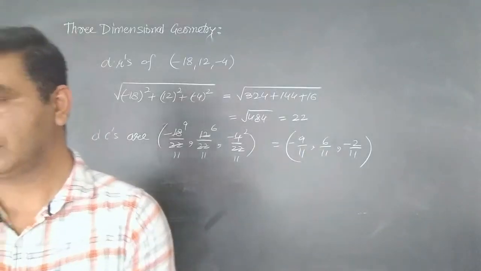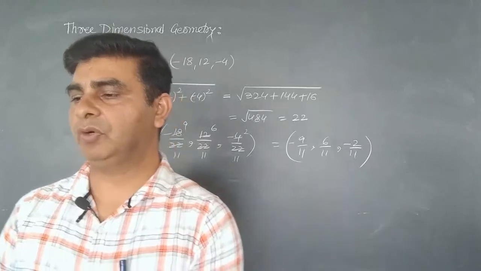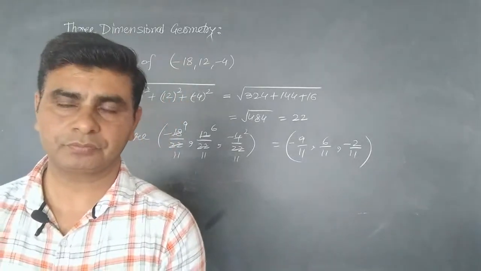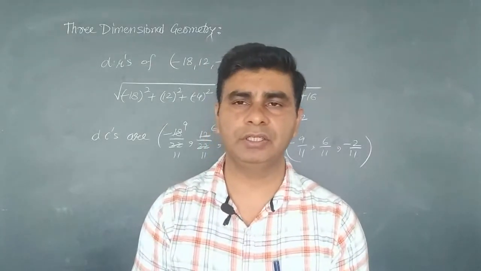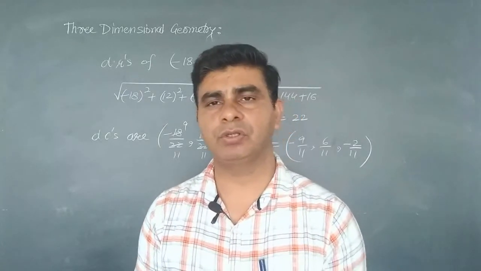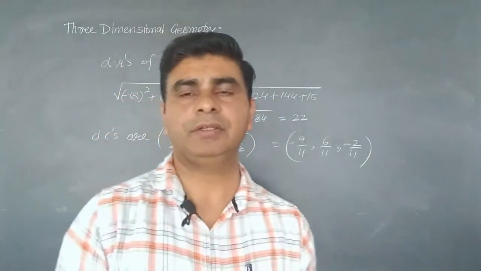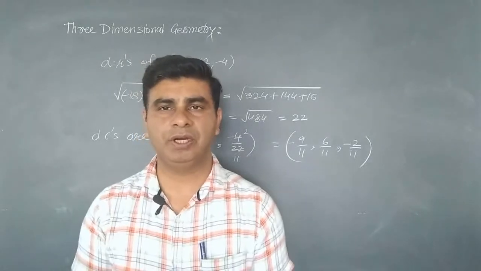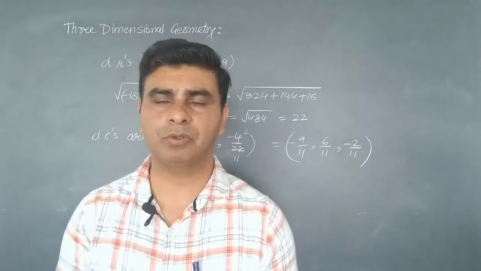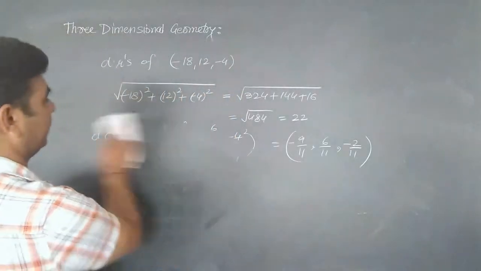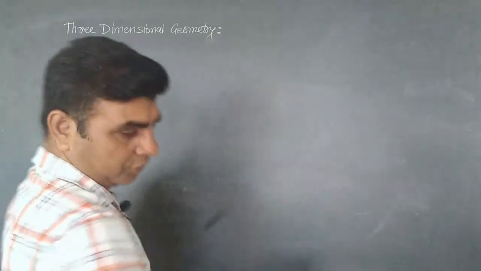And the last question, question number 4, now we want to do. Show that the points are collinear. We have to show that the points are collinear, and points may be collinear whenever the direction ratios of the two vectors are proportional to each other. So we will find the two vectors from these 3 points, AB and BC, and check whether the direction ratios are proportional to each other or not. For that, let me first find the direction ratios from the 3 points.